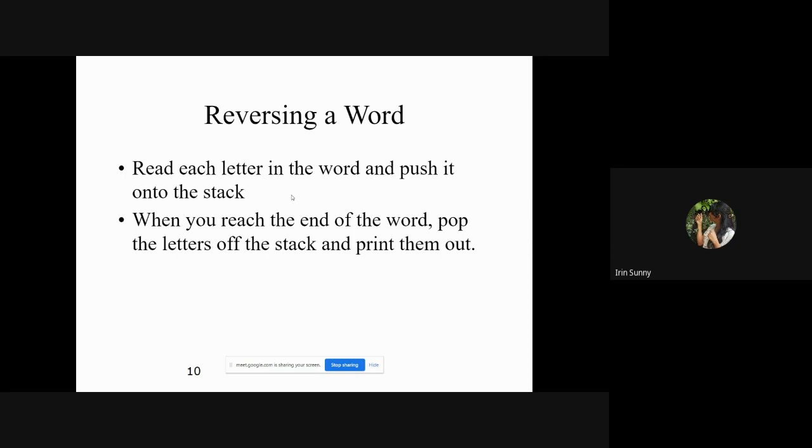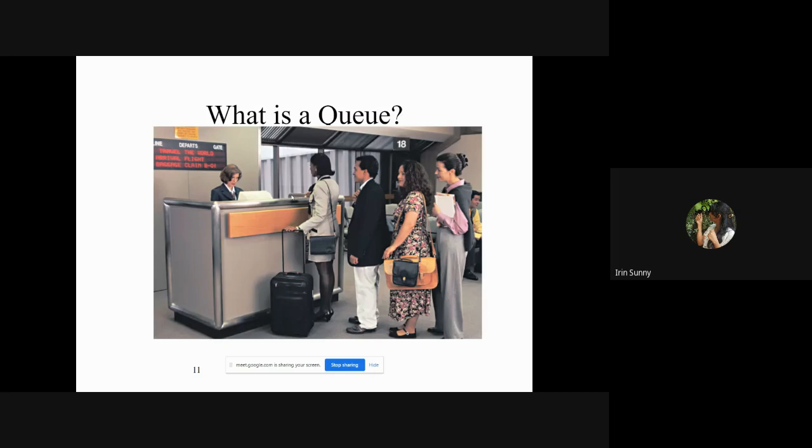So it will be printed out as OLLEH. So reversing a word using the stack concept is easy. You can use it with strings. Also, there's another function known as string reverse, which actually reverses the word.